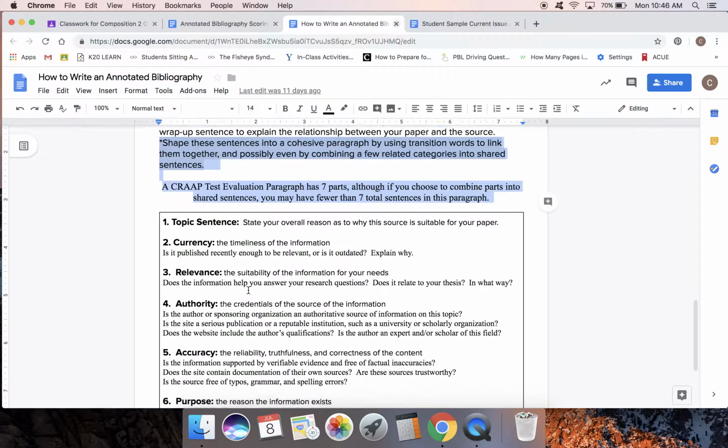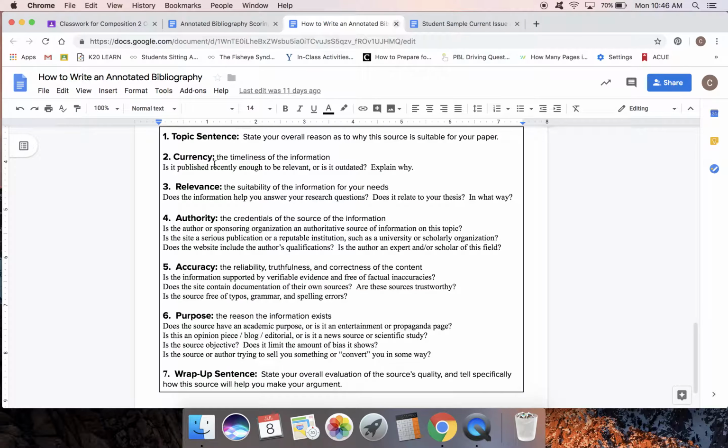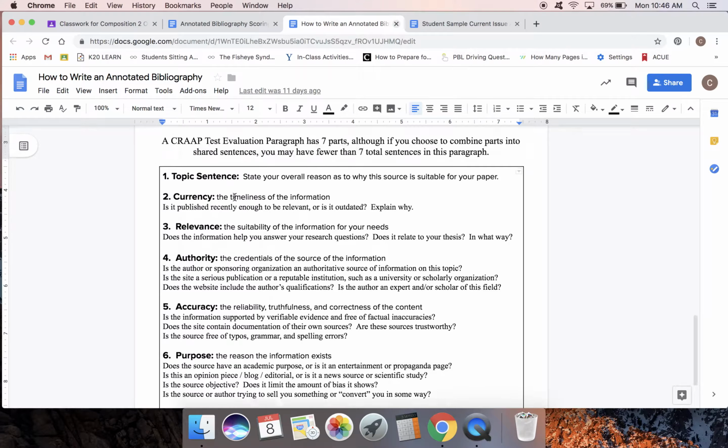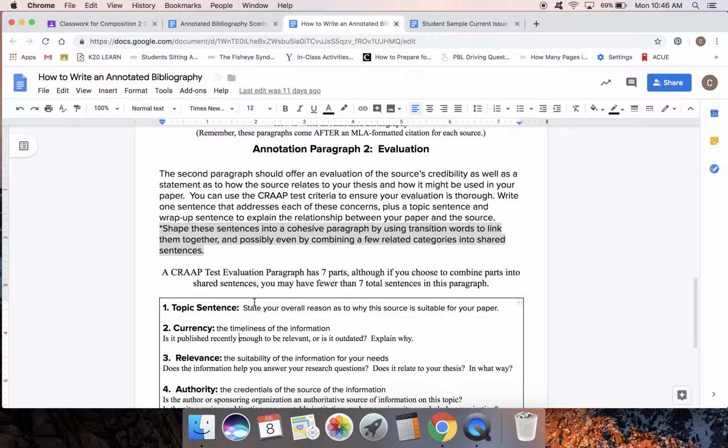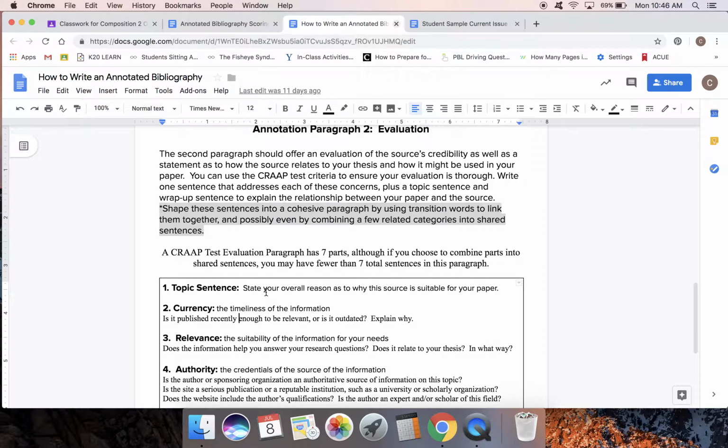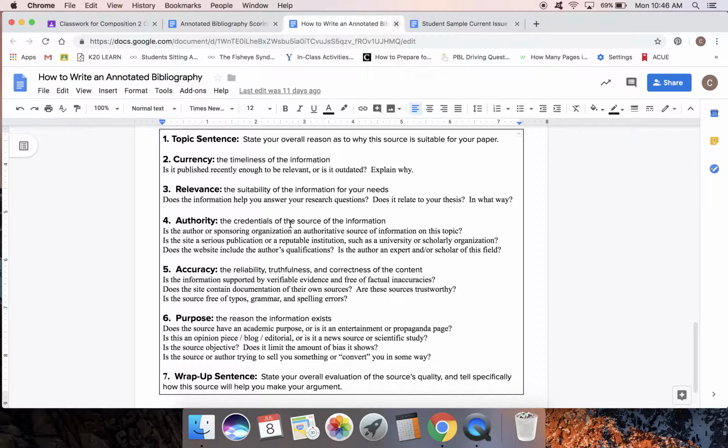So for example, currency and relevance, maybe you only have a little bit to say about each of those. You could combine those into one sentence using an "and" in between. So this information was published in 2016, so it is still relevant to my topic, and it's related to my paper sufficiently enough, right? So you could have fewer sentences if you're combining related pieces of information. But as I'm grading this evaluation paragraph, I will be looking for, did they analyze each of these CRAAP test